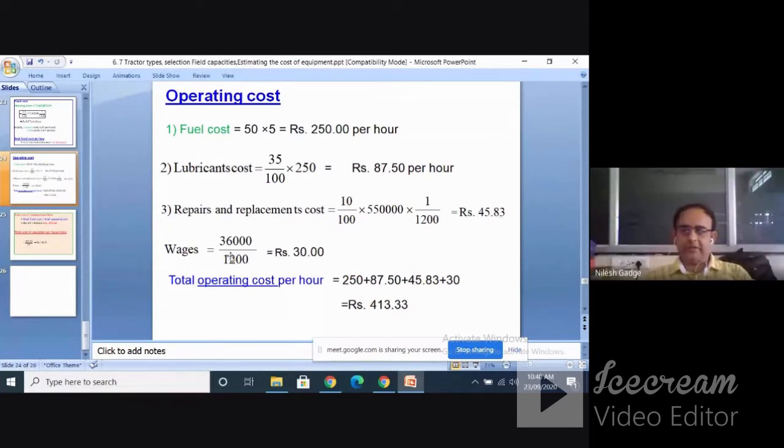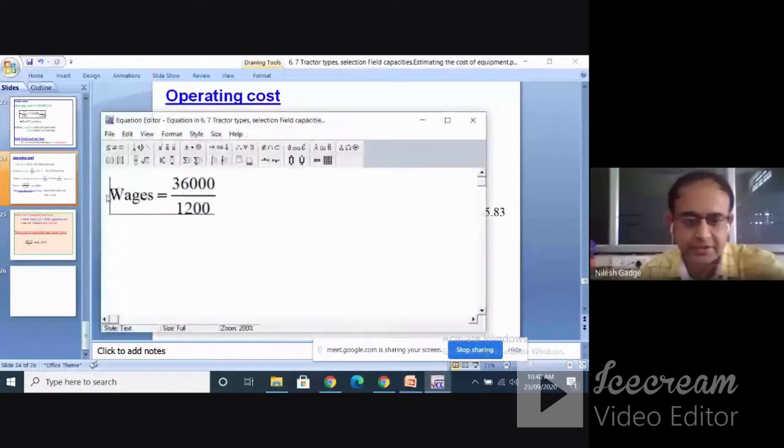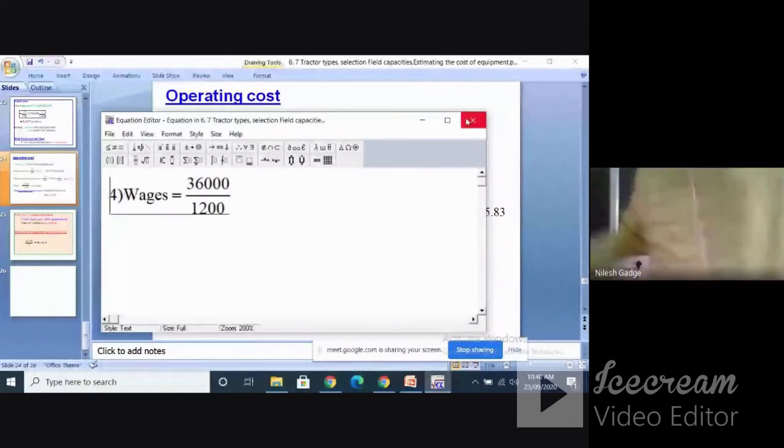If you have finished, then the wages of operator, this is the fourth calculation. Wages of